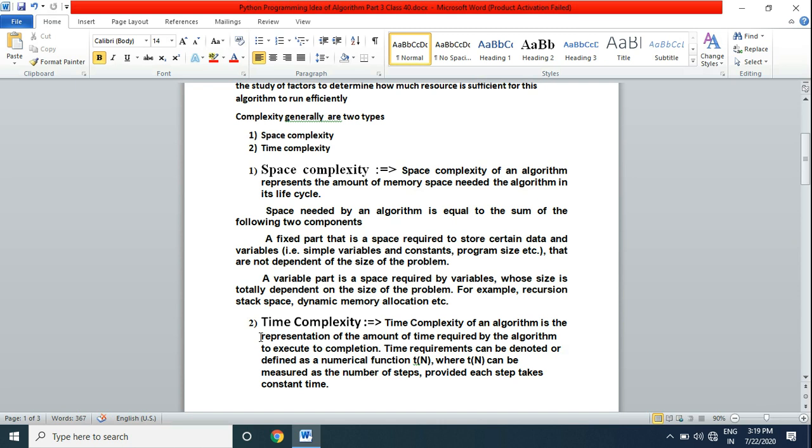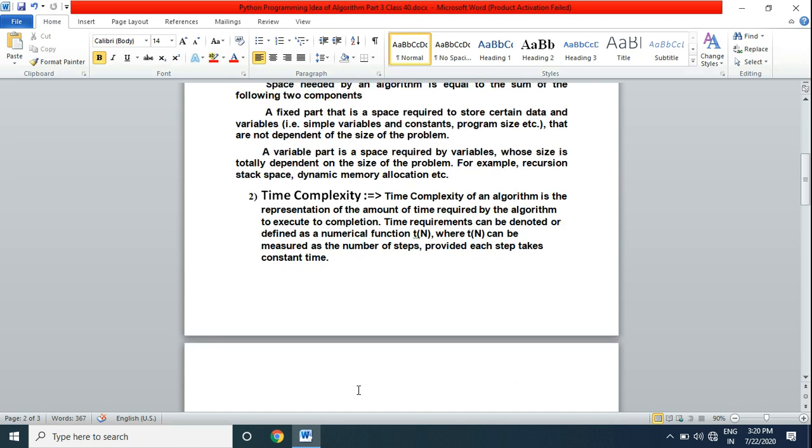If a program has to execute for more time, then it is the worst case of time complexity. The time requirement can be defined as a numerical function T(n), where T(n) can be measured as the number of steps, provided each step takes constant time.